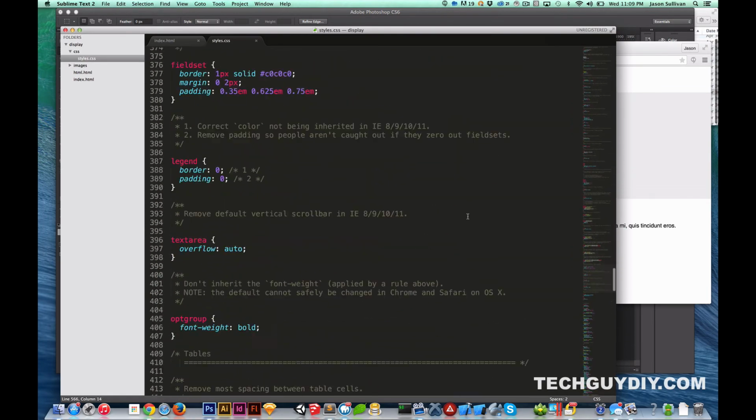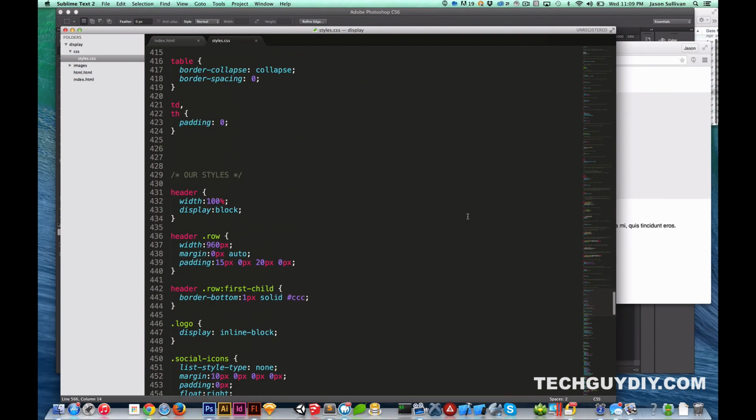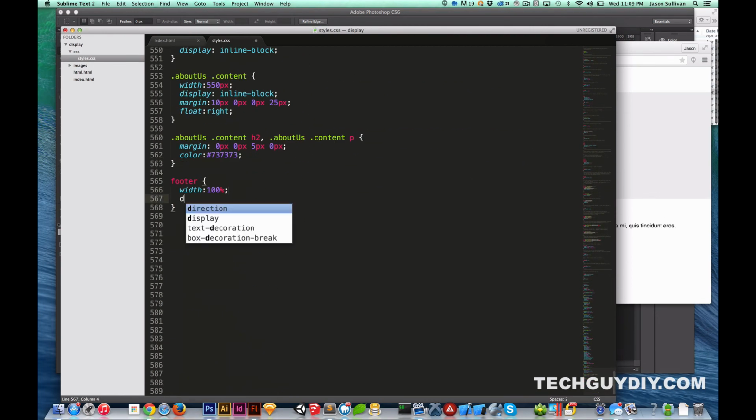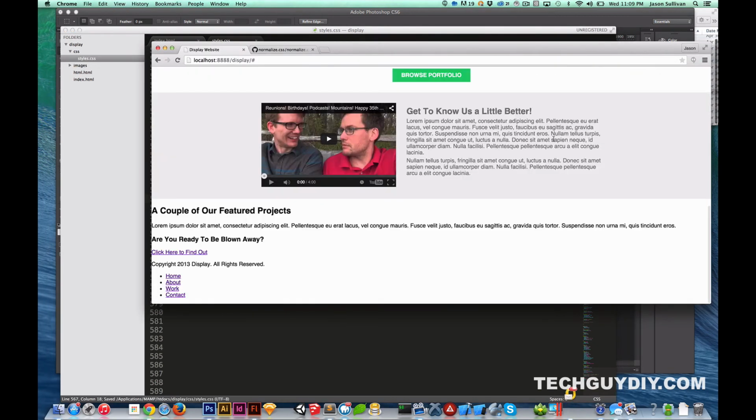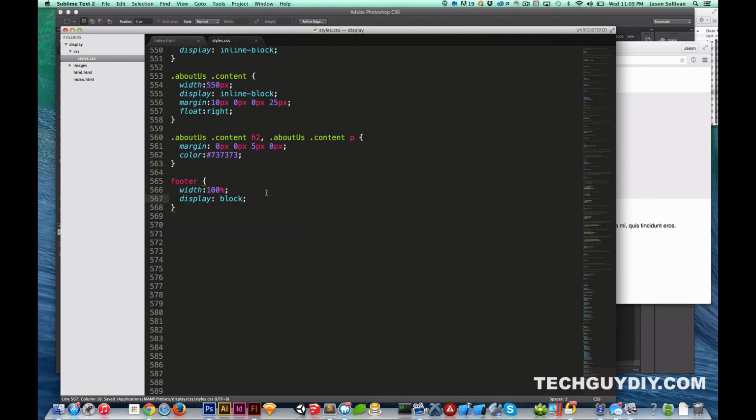Anything else on a header for that? I can't remember. Header width and a display block. Okay. Display block. Alright, so now we should have perfect. Alright, so then within footer we have